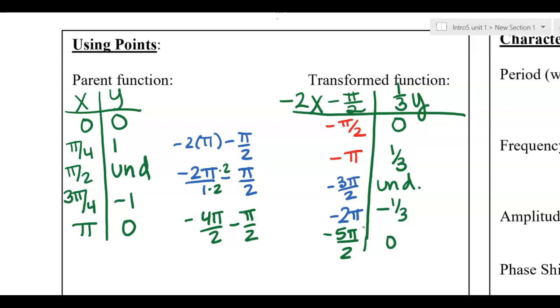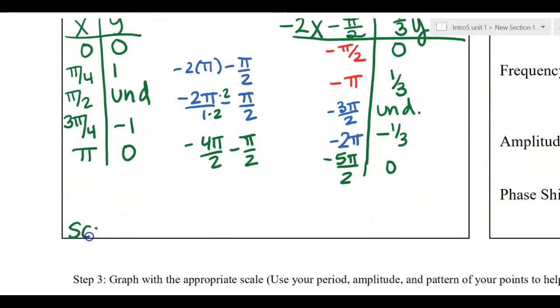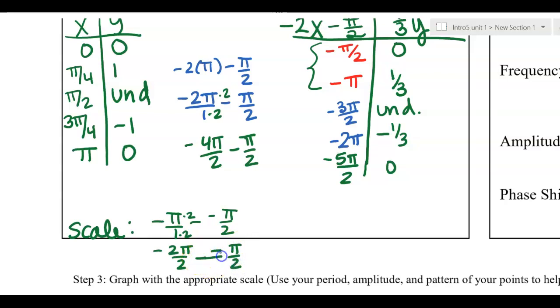Okay, so for my scale for my axis, if I'm not sure what to scale it by, I just take something up here and subtract the previous one from it and see how far apart they are. So let's say I just take these two and I do -pi minus -pi over 2. I'm going to make a common denominator. So that's -2 pi over 2 minus -pi over 2. So those will become like a plus. So this is going to give me